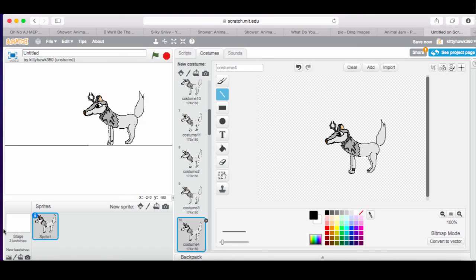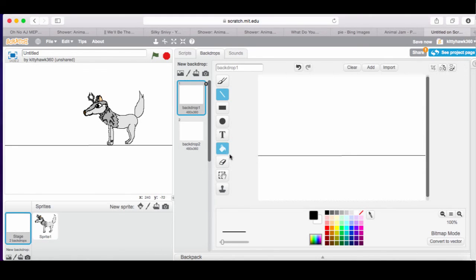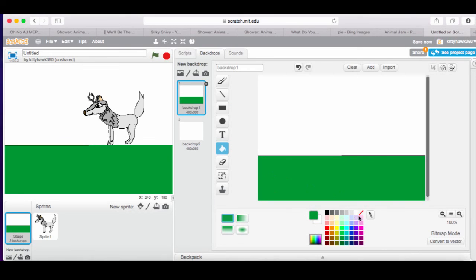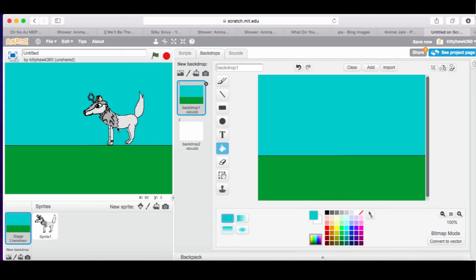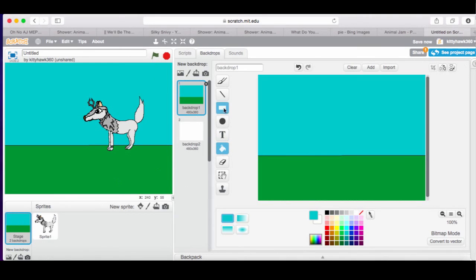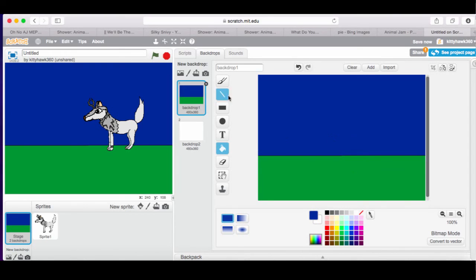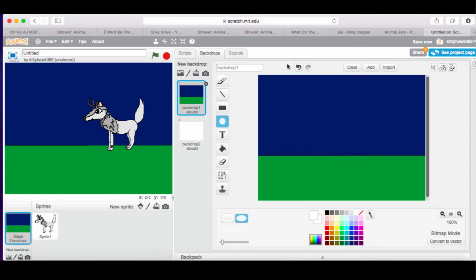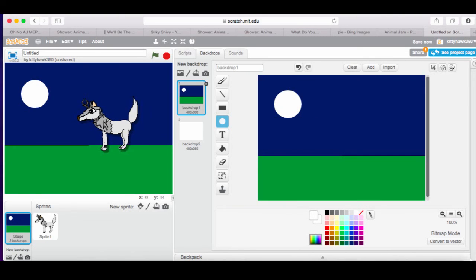I'm just gonna draw a really basic background because I just checked the time of this, and it's getting long, so I'm just gonna do it like that. I'm not gonna do anything else, or maybe add a moon, or actually I'll do this so it's nighttime. And then I'll add a moon. I can draw better than this, but I just don't want to spend more time.